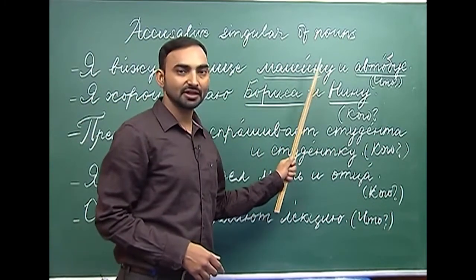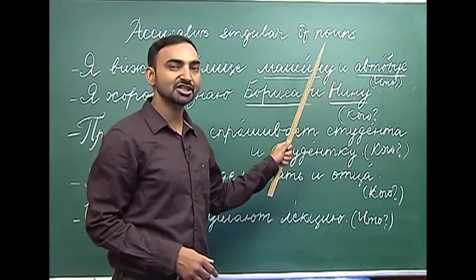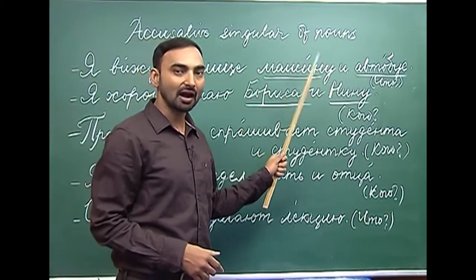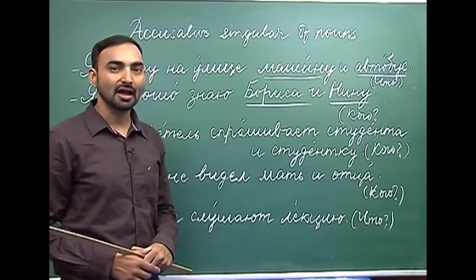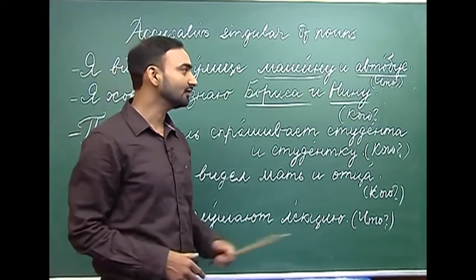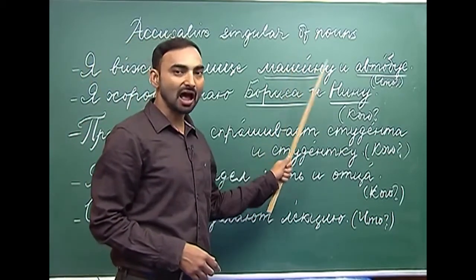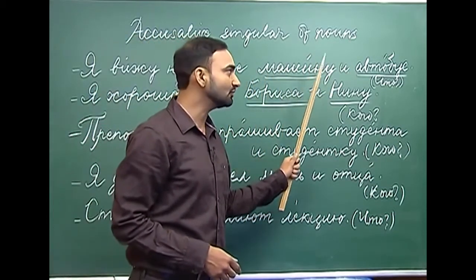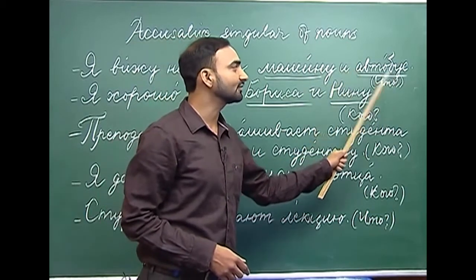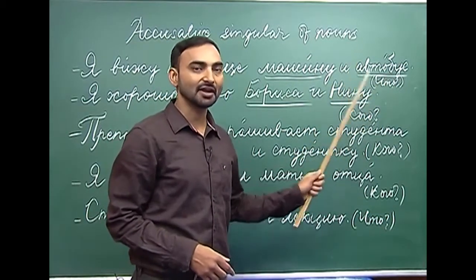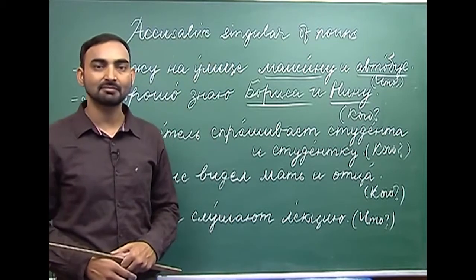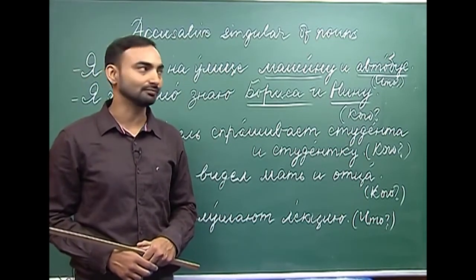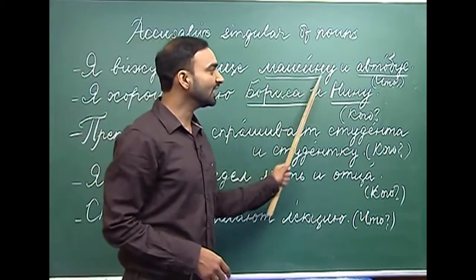Машину. So, here Mashina has become Mashinu. Why? Because it ends with a, which is a hard vowel. So, when a feminine noun ends with a hard vowel, we change a into u. So, that is why Mashina has become Mashinu. And Aftobus. Aftobus has not changed. Why? Because inanimate masculine nouns in the accusative case do not change their form. Mashinu и автобус.